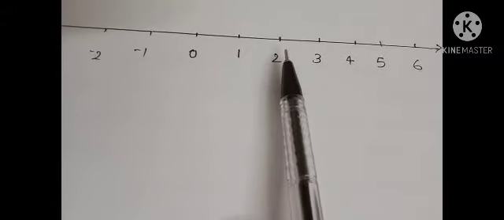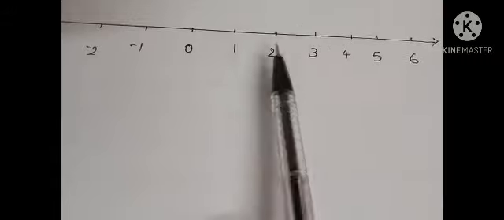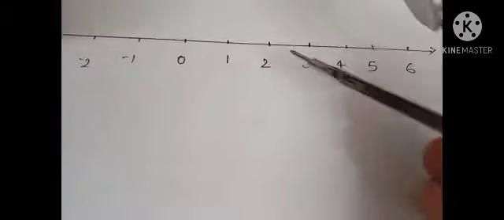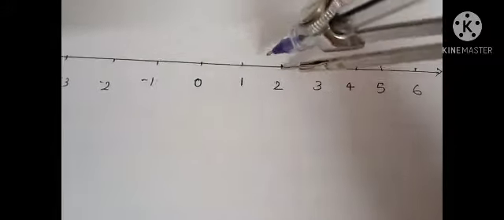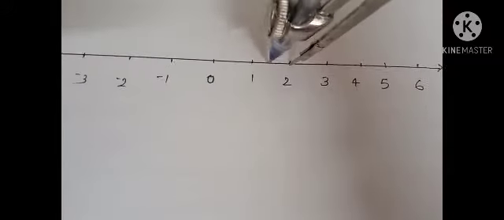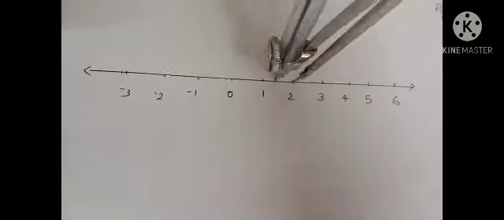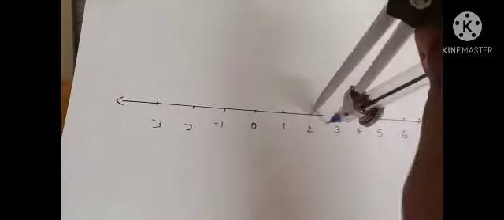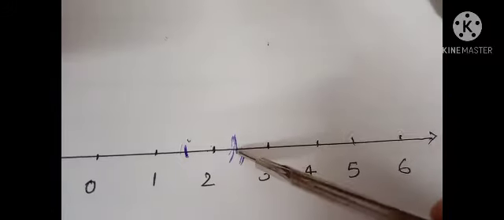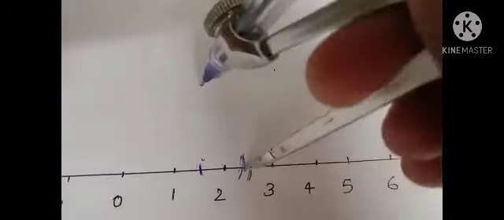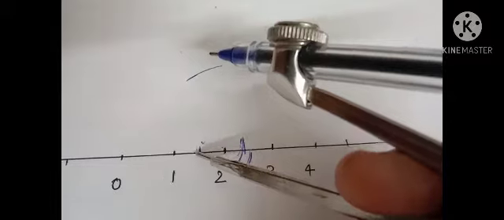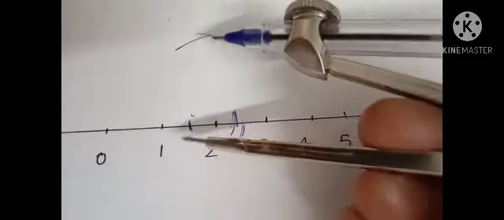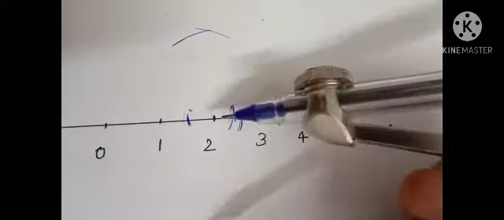Here I will show how to draw the perpendicular line by using a compass, as in the above questions. For that we have to put the compass at 2, take any measure, and draw the arc to the left and right. Then by taking any measure, draw the arc upward from one point and from the other point too. Now we will get an intersecting point. Join that intersecting point to 2.